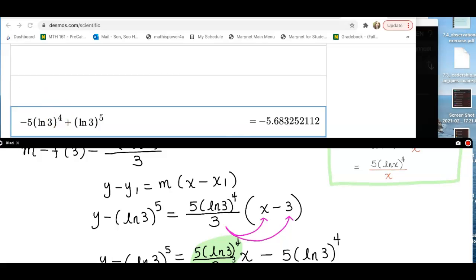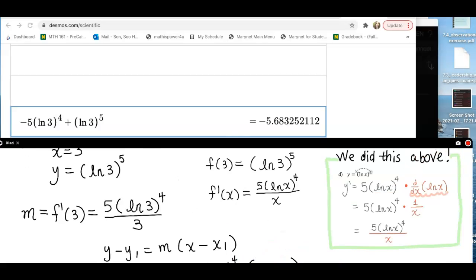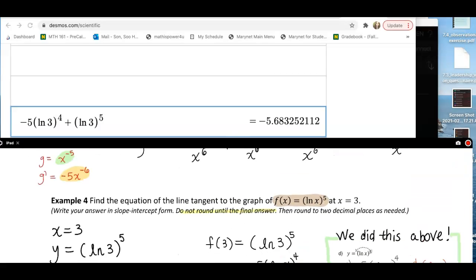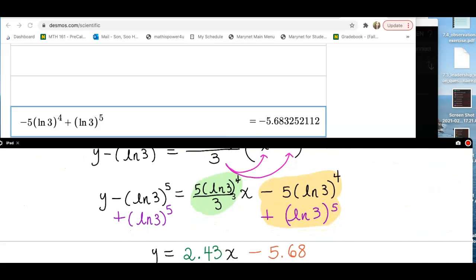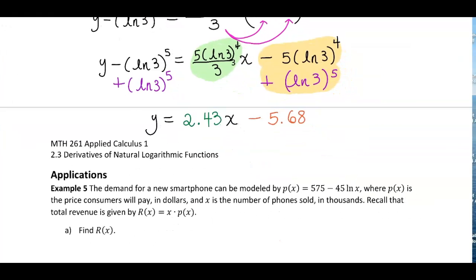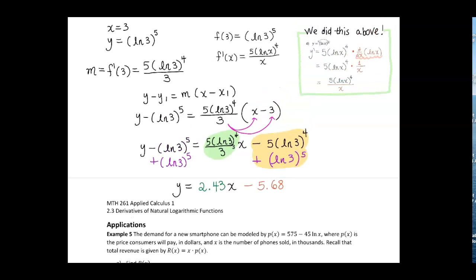And that is what I typed in the calculator, right? And that's the y-intercept. So the y-intercept is -5.68, and we did round to the nearest hundredth, right? Like 2 decimal places. So this is it. That is how we find the equation. And you know, we've been doing the equation of a line before. It's just because of the log expressions, we ended up getting